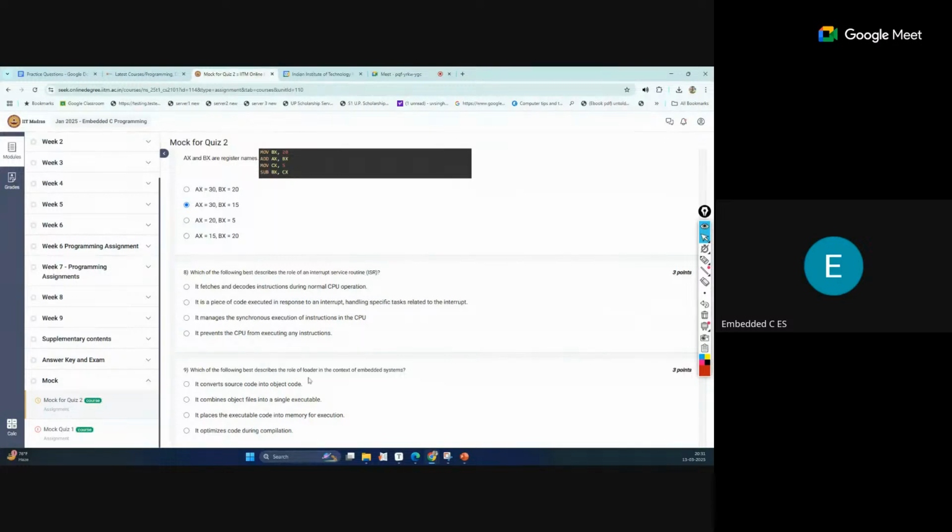Okay, so ISR, as per the name, is an interrupt service routine. This is a special function that executes when an interrupt occurs. An interrupt is just a signal that indicates that some event requires more attention at that time.